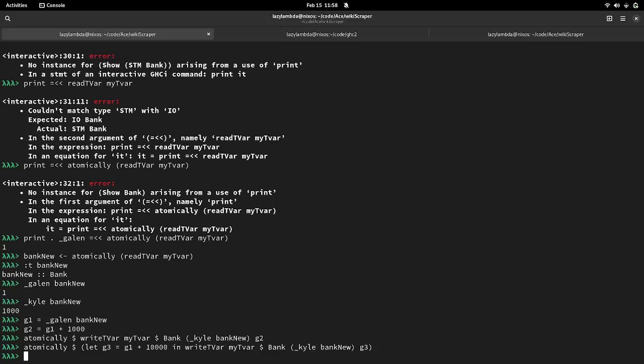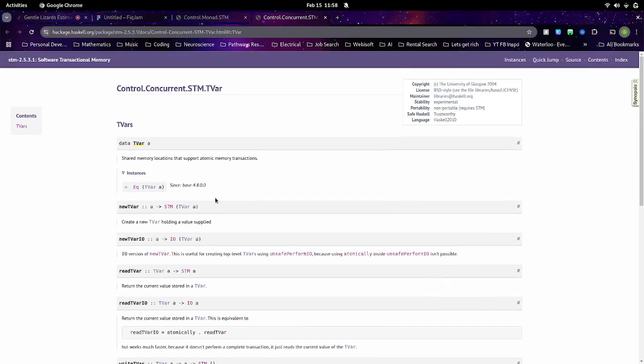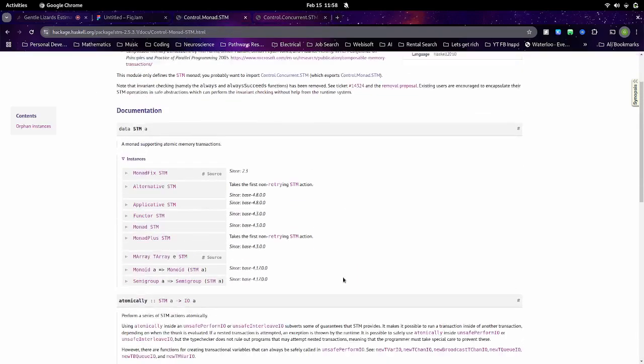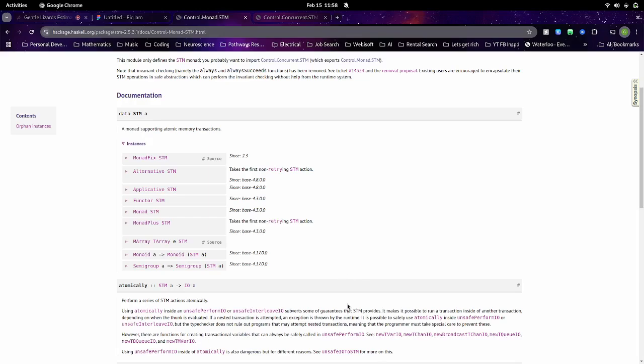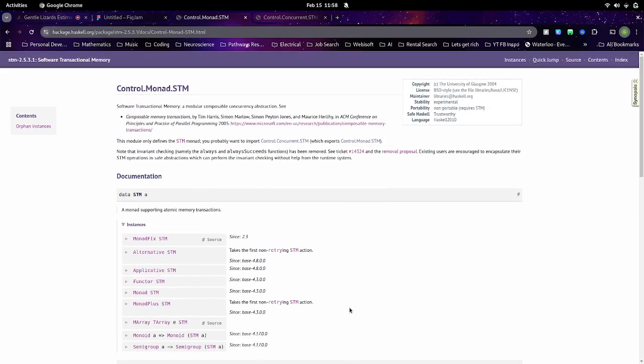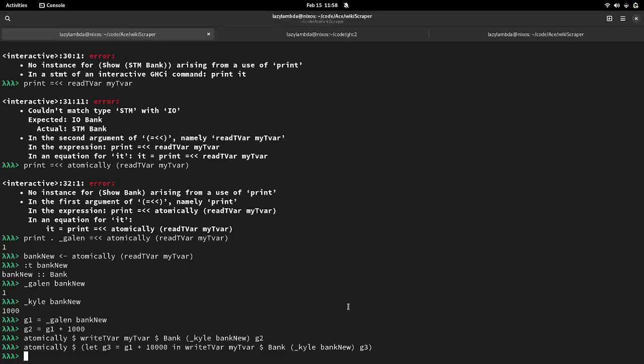So I could say that, but I can't do IO in there, because you can do almost anything besides IO. The reason for that is, why would you want an impure action in reading and writing to a data type?